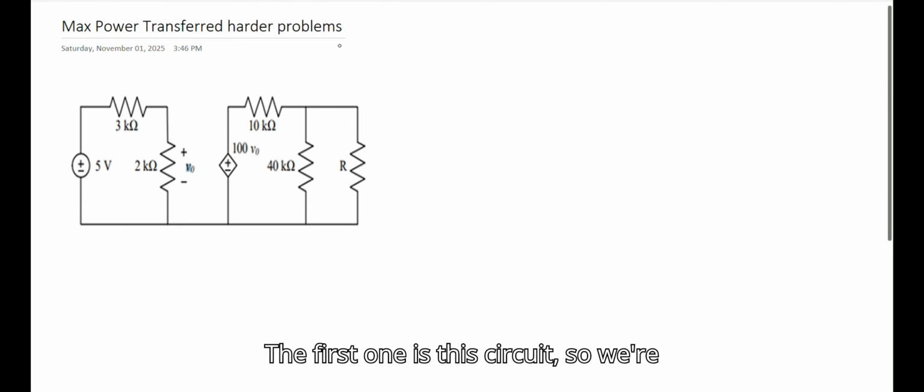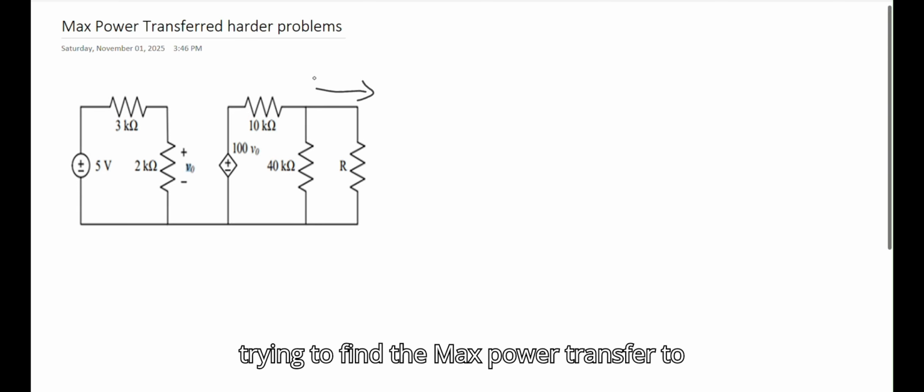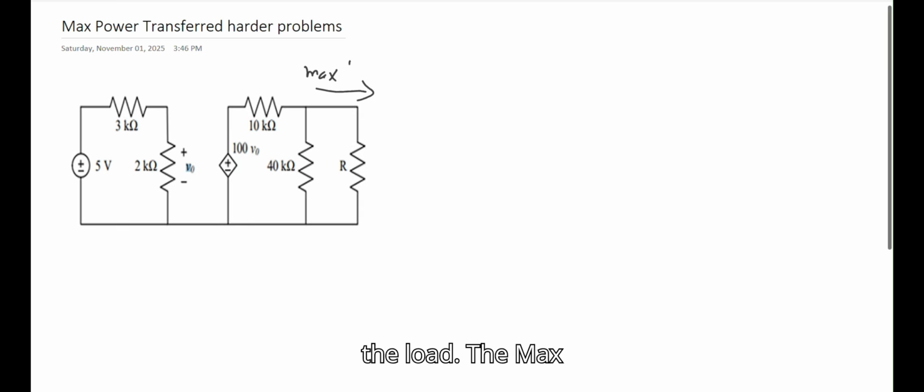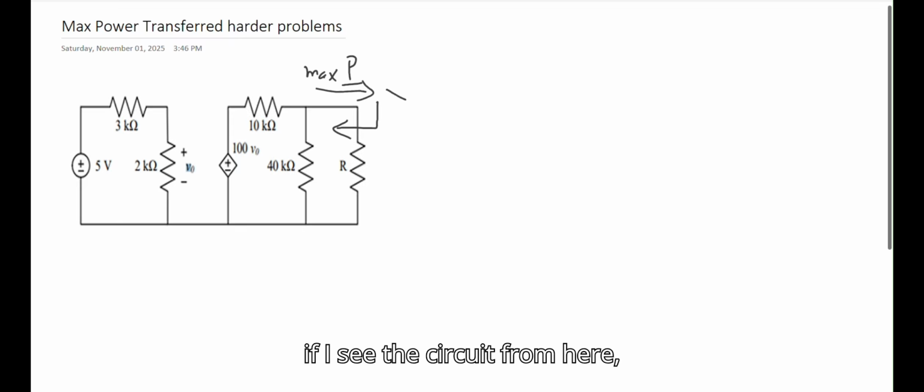The first one is this circuit. So we're trying to find the max power transfer to the load, seen from the load. So if I see the circuit from here, let's consider this as my eye, and I'm trying to see my circuit from this perspective. So as you remember,